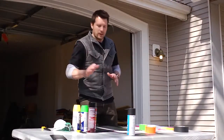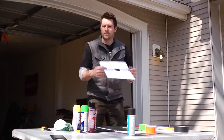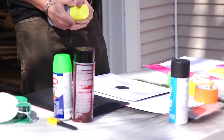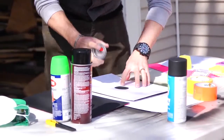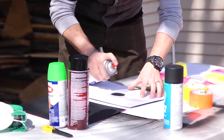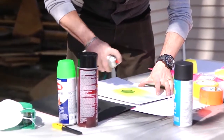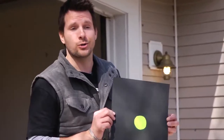One last thing I like to do is take a stencil like so with a little hole in the middle so I can make a target on there. I'm gonna go with a contrasting color using this neon yellow here, and then just set it down. And there you go. I was never great at arts and crafts, but that right there is a do-it-yourself shoot